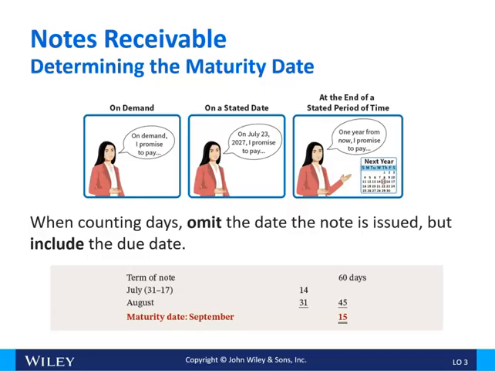We're still not to the full term of the note of 60 days. We need 15 more days, so we go 15 days into September, and September 15th is the maturity date. Okay, so you have to remember how many days each month has to be able to calculate the